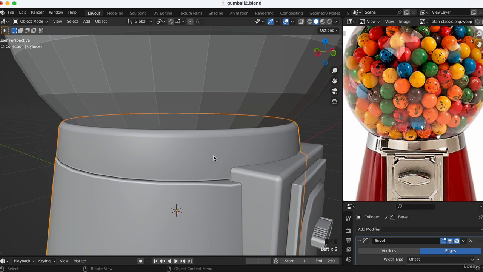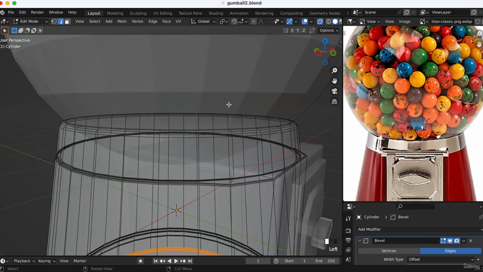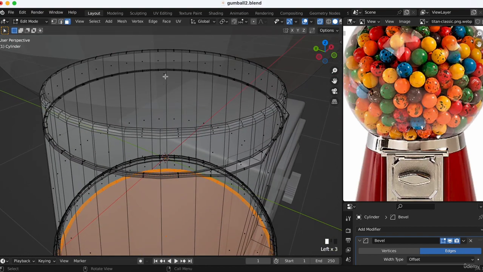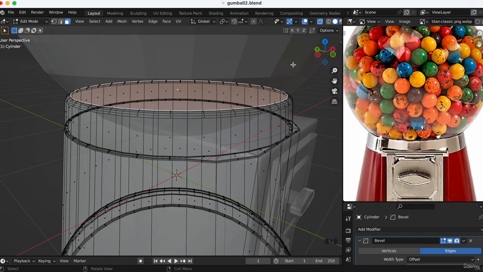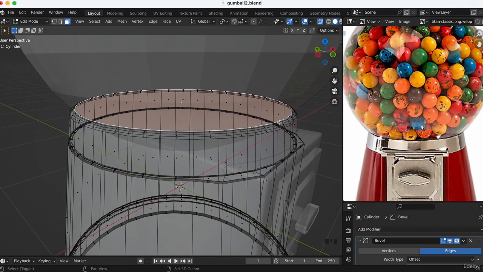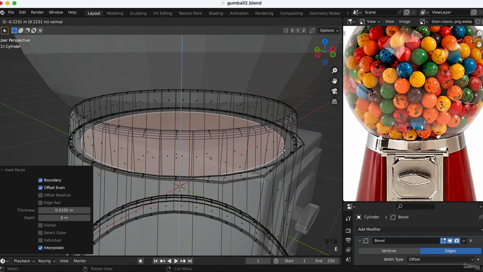So this part, we can go in edit mode, in X-ray, we can do face select to select this big face, and then we can extrude inside, so we are going to see this part of the glass when we do the render. So we insert a new face like this, and then E, put it like this,